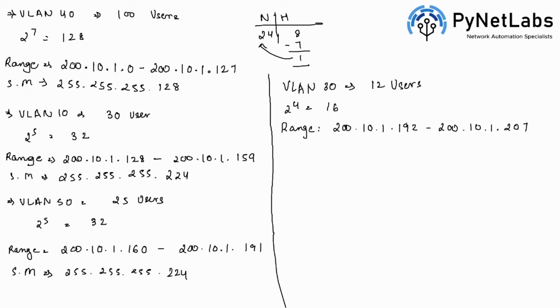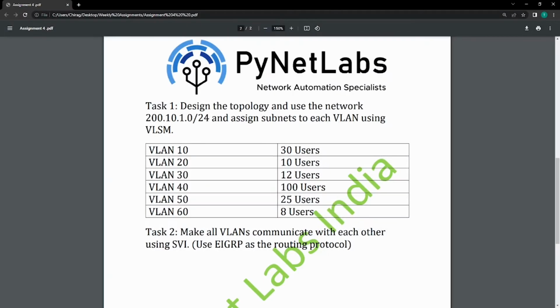If you count them, these are the 16 IP addresses, and the subnet mask will be /28 subnet, and it is going to be 255.255.255.240. Then the next requirement is of 10 users for VLAN 20, and then it is for 8 users for VLAN